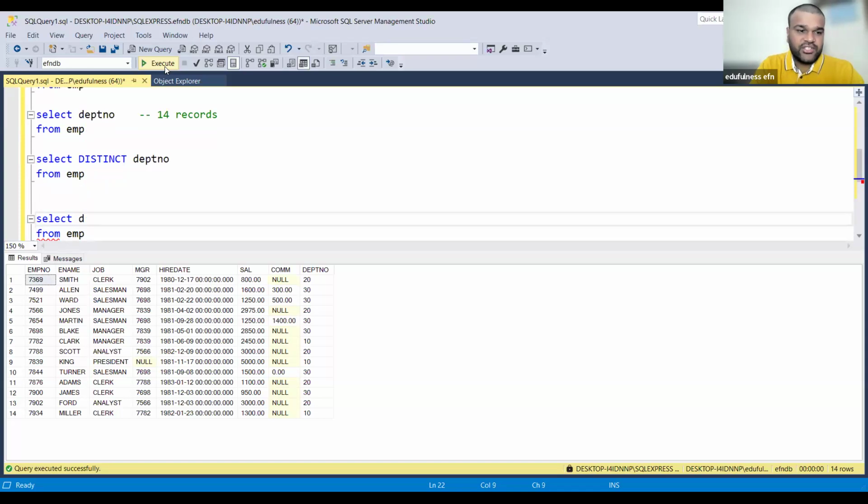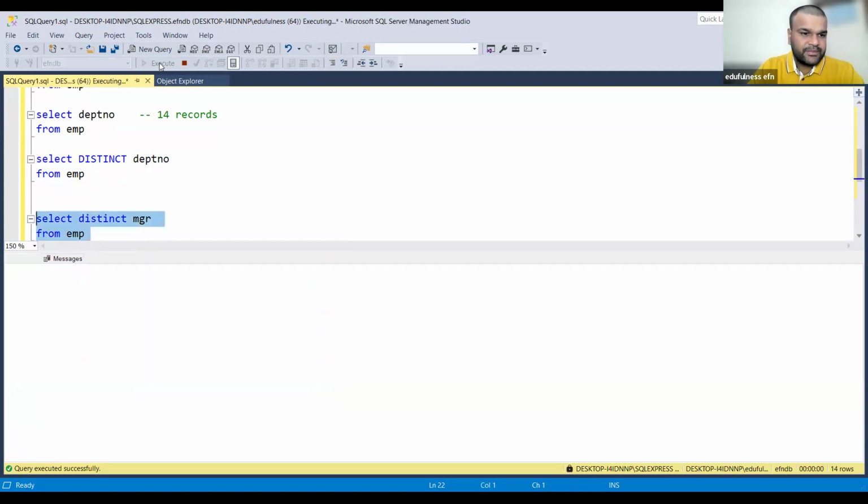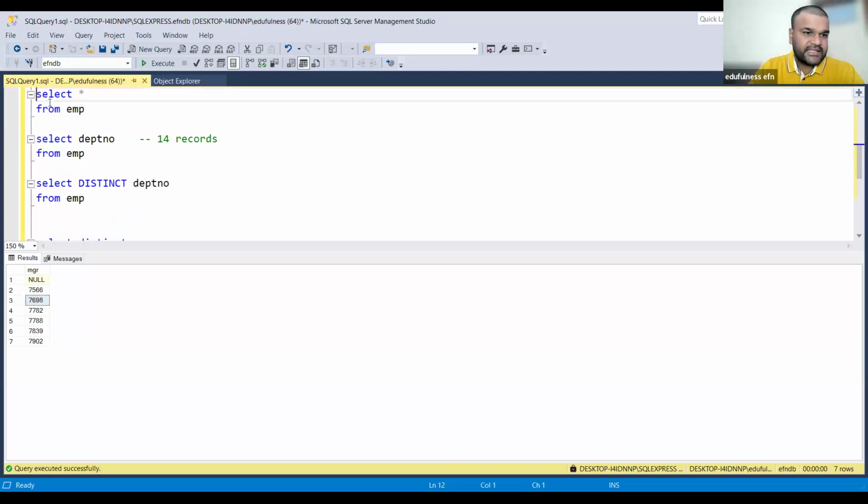MGR. So in MGR, if you apply distinct, you are going to get different manager IDs. Otherwise, you will get all 14 records. So see here. These are the different managers. But one more thing here is you are getting null.